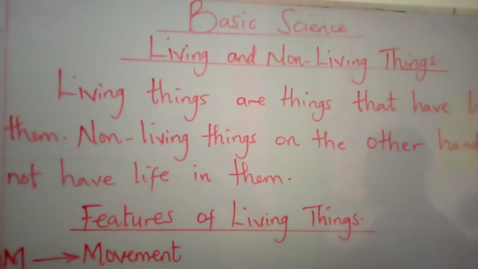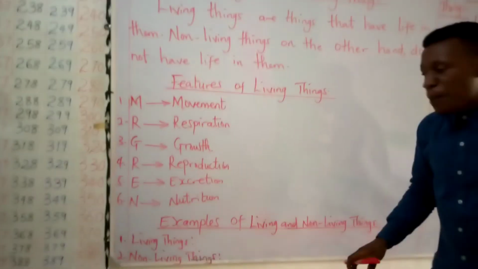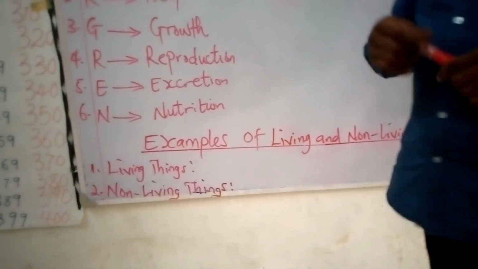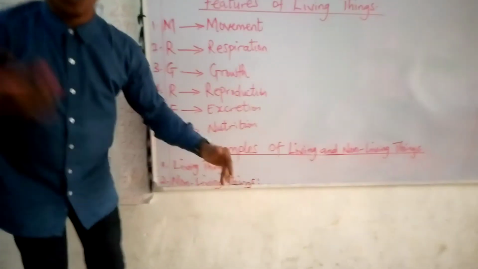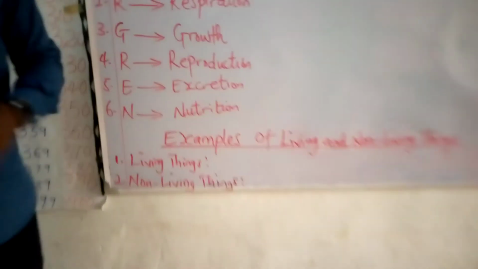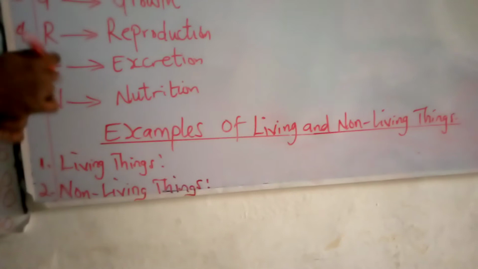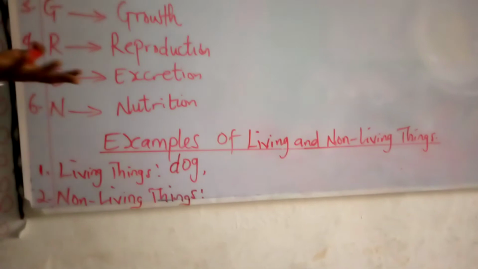We are going to go through the examples together. You're going to be mentioning some examples of living things and some examples of non-living things. Now, if we say living things have life in them, what are examples of living things? Can you tell me one? Okay, that's fantastic. Let's mention some things that have life in them. Dog. A dog is a living thing. The dog can move, the dog can see, the dog can smell, the dog can feed.